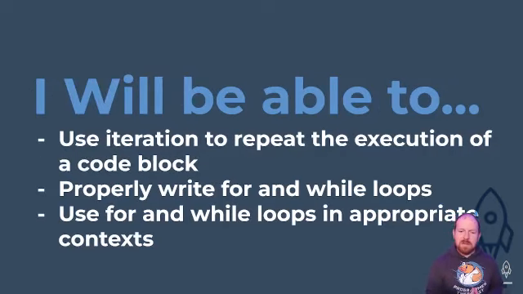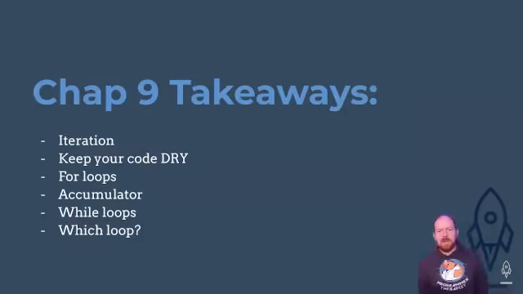So at the end of this, the big things are iteration. That is a key word that you do need to know what it means. So when you're talking about iteration, that's just repeating something over and over. So iteration to repeat the execution of a code block. That's your for and while loops. And then properly write for and while loops. Hopefully we'll be able to do that. And then know when we're supposed to use for versus while loops. So repeating with these loops,